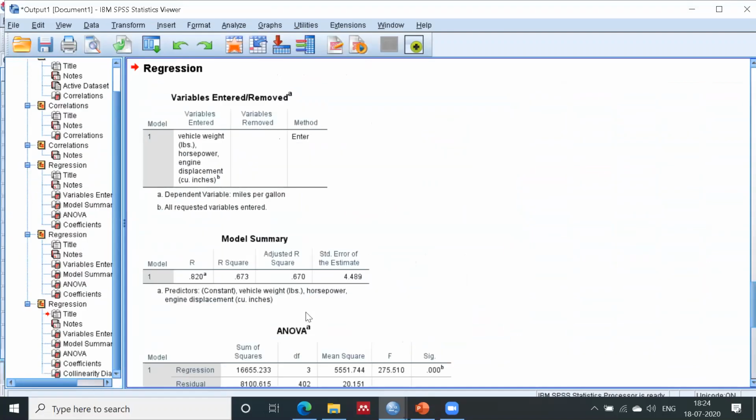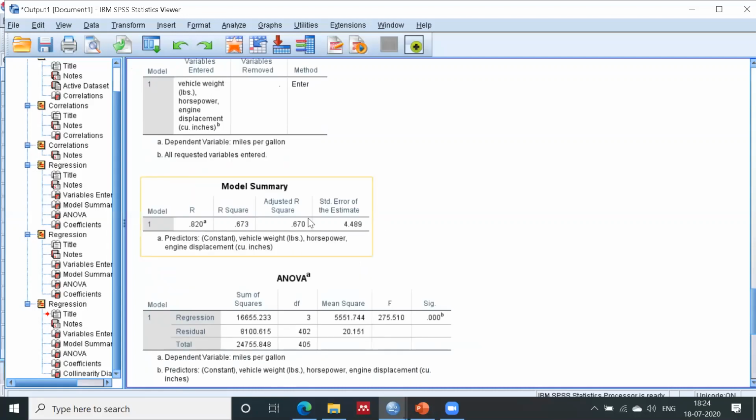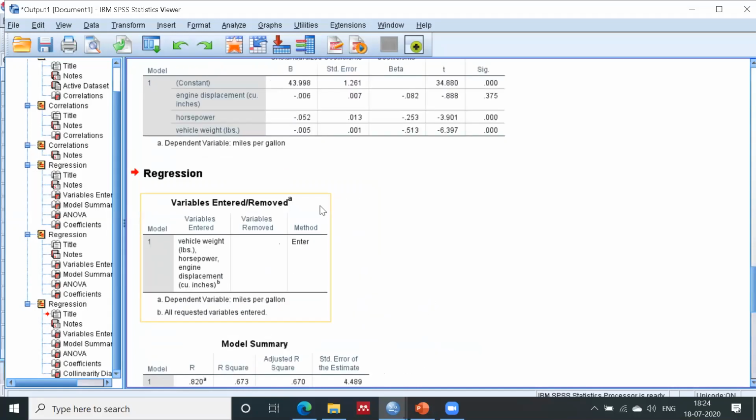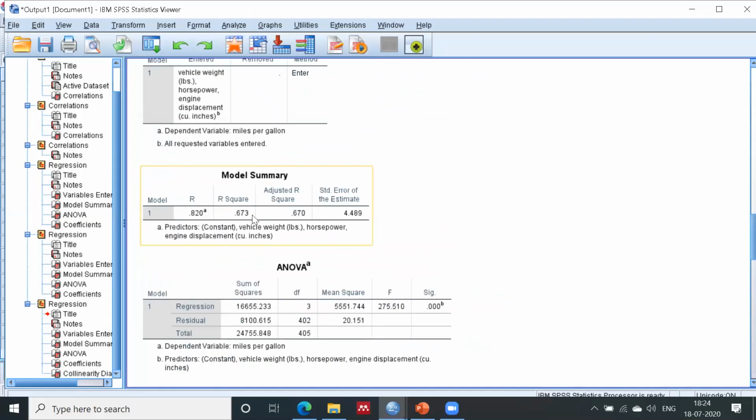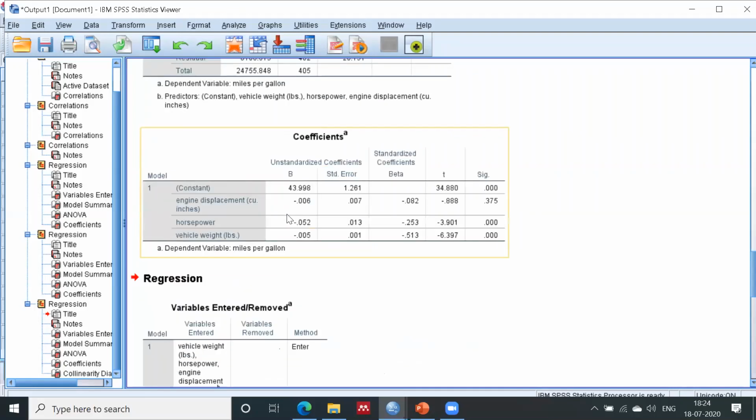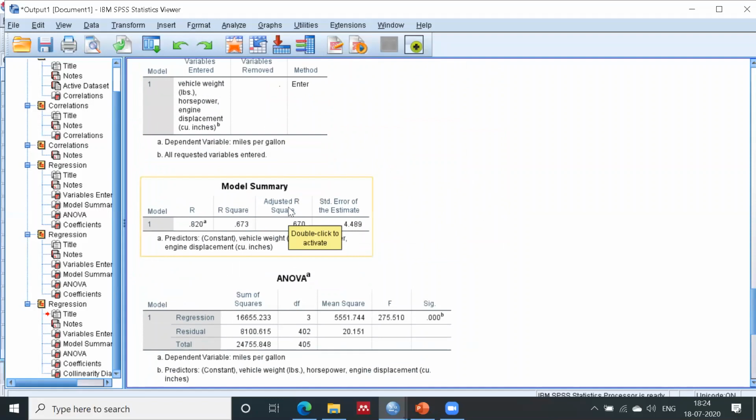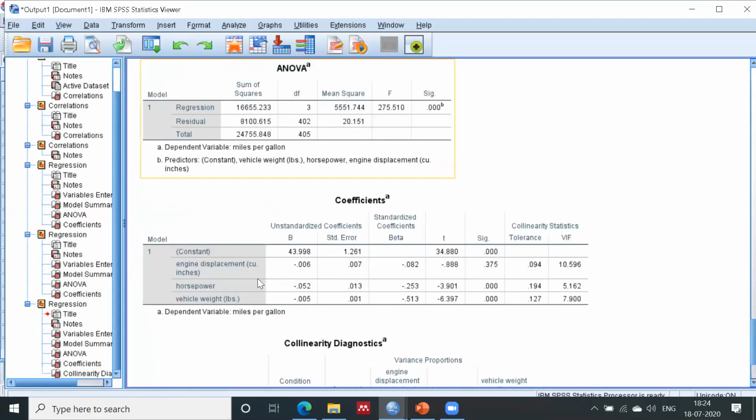Click on OK. Now you can see the result is the same, 0.67. Earlier it was also 0.67, right? That means 67% shows my dependent variable depends on the independent variables. Now the important part is this coefficient table. I have already explained the significance value.